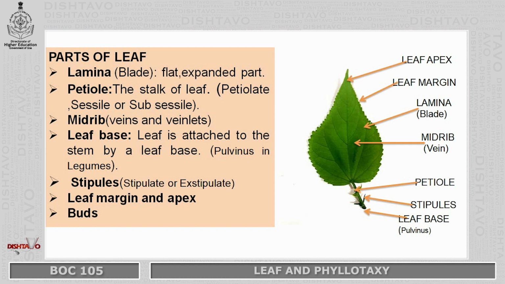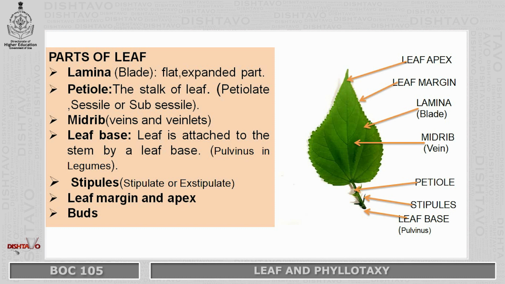The next part of the leaf is the petiole. Petiole is the stalk of the leaf. It holds the leaf for maximum exposure to sunlight and it also helps the leaf to flutter in the air. When the leaf flutters in the air, it gets fresh air and also stays cool. The leaf's entire lamina weight is held by the petiole, and the petiole is also a link between the leaf and the stem for its vascular supply.